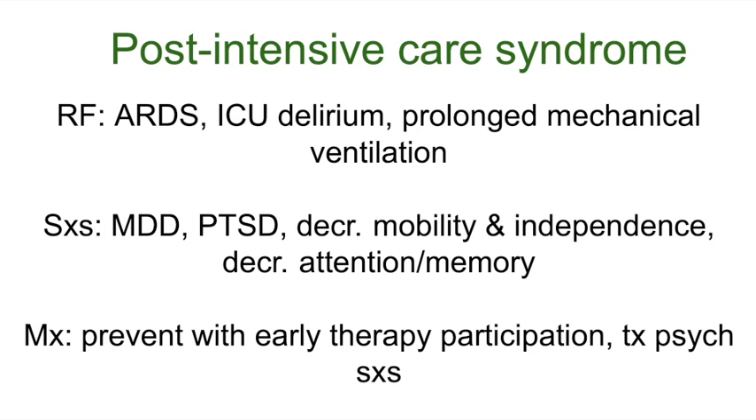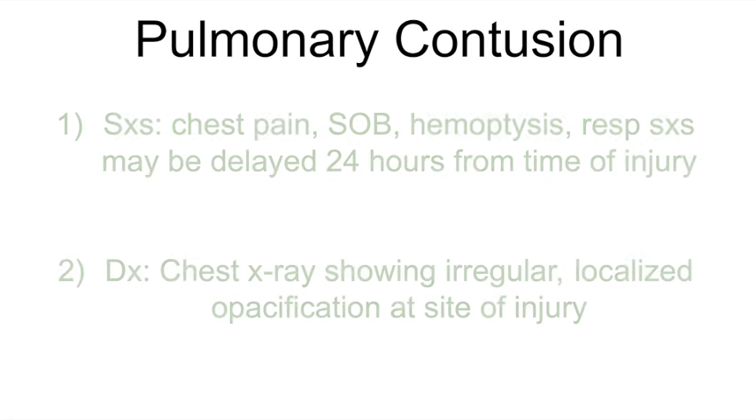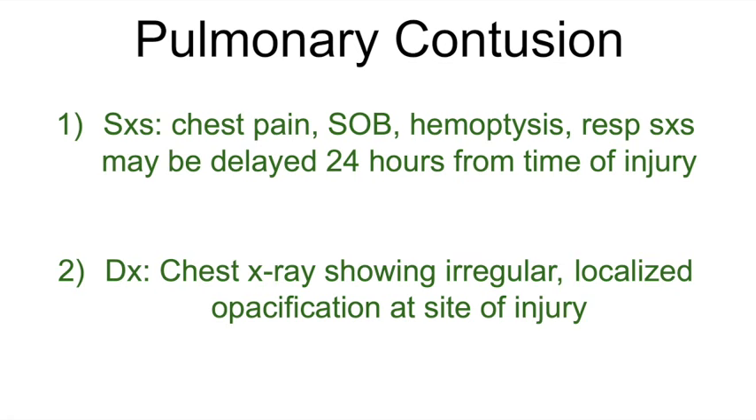And now we're going to look closer at pulmonary contusions. So these patients typically present with chest pain, shortness of breath, hemoptysis, and respiratory symptoms may be delayed for 24 hours from the time of injury. And to diagnose patients with a pulmonary contusion, you will have a chest x-ray showing irregular, localized opacifications at the sites of injury. It's important to note that CT scan is more diagnostically sensitive,